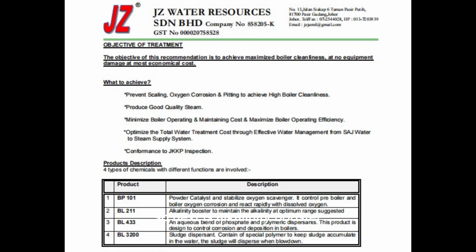So next is the alkalinity booster, whose function is to maintain the alkalinity at the optimum range. And the third one is an aqueous blend of phosphate and polymeric dispersant, which is to control the corrosion and